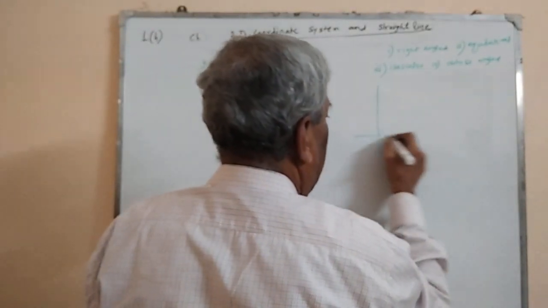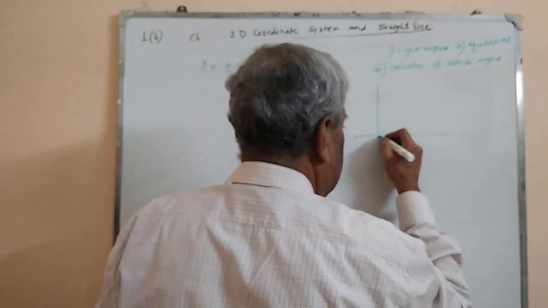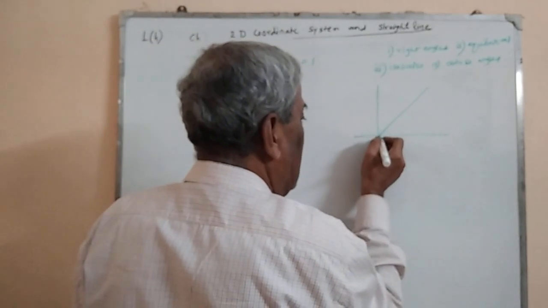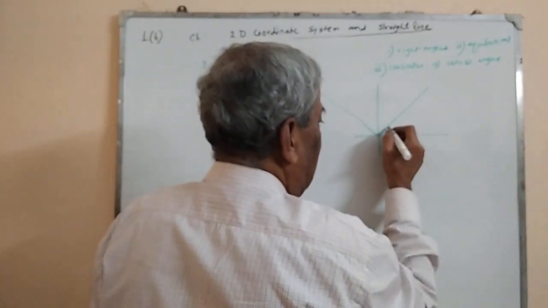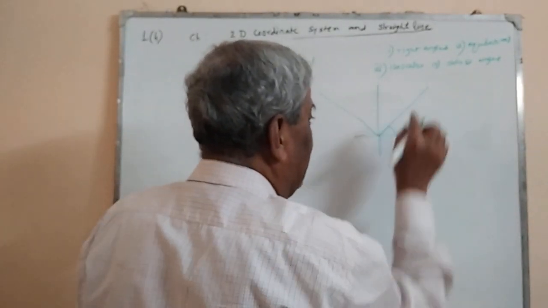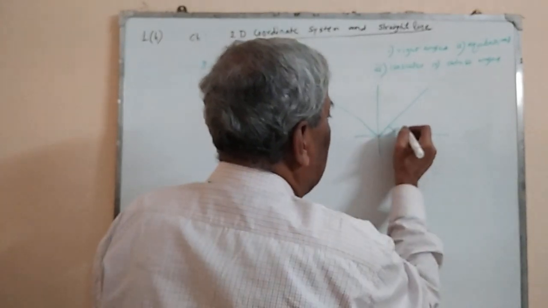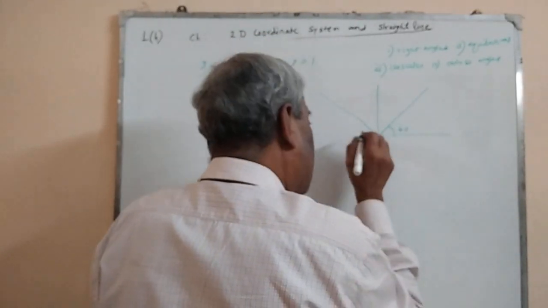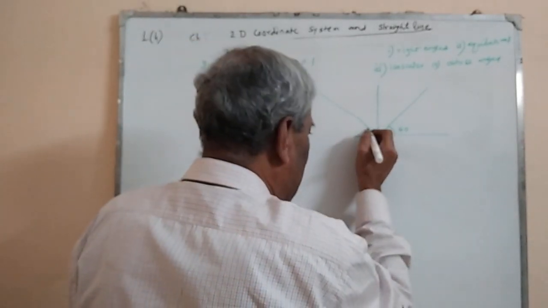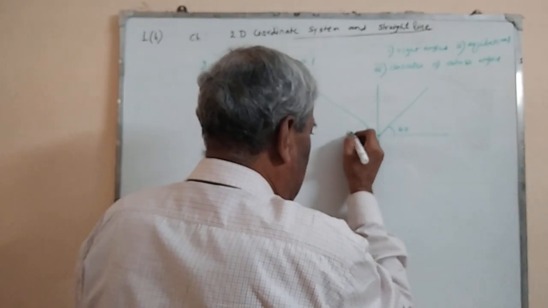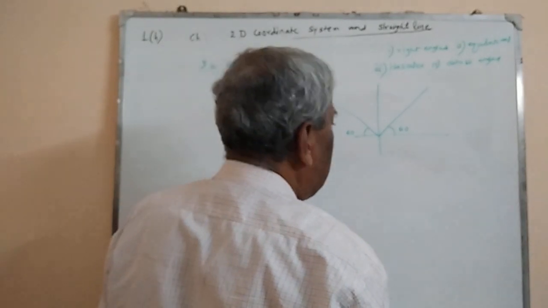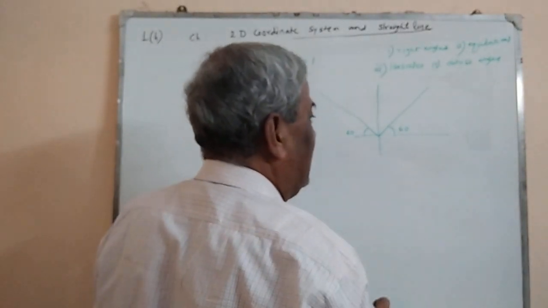In the simple drawing, first one is y is equal to root 3x. Second one is y is equal to minus root 3x. So this is y is equal to root 3x. Its gradient is root 3, so this angle is 60 degree. That one, its gradient is minus root 3, it is actually this angle is 60 degree, or rather this angle is 180 minus 60, that is 120 degree.